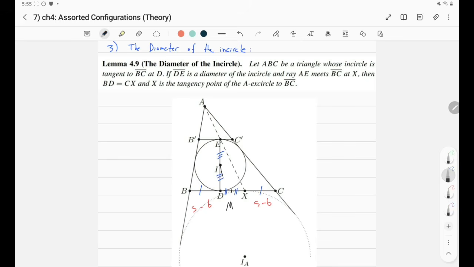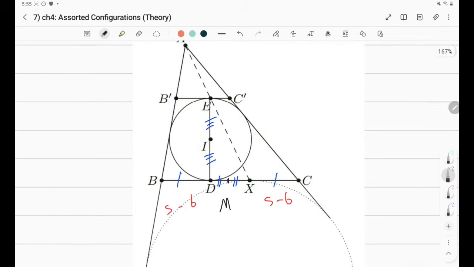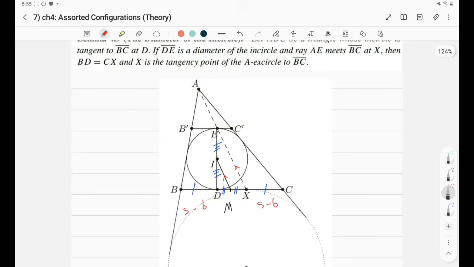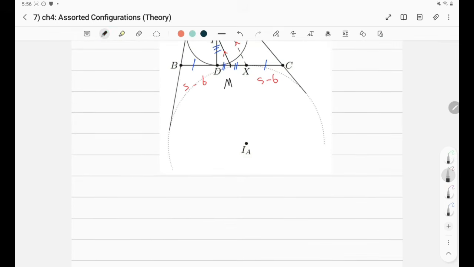You can just draw IM. If you just draw IM, oops, let me zoom in. Yeah, this will also be parallel to this, right? And of course it's a midpoint segment, right? So IM is just half of EX as well. Alright, yeah, that's it. So here the sketch of the proof is literally just remember the homothety,